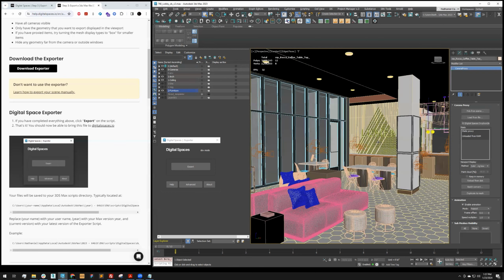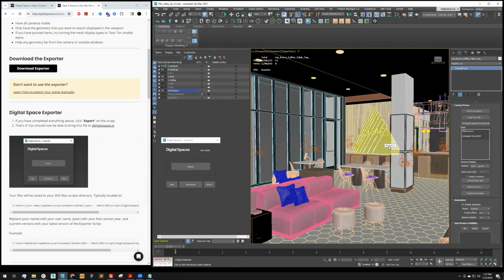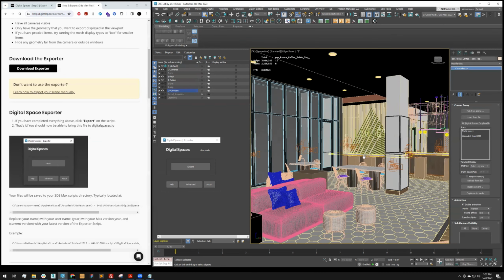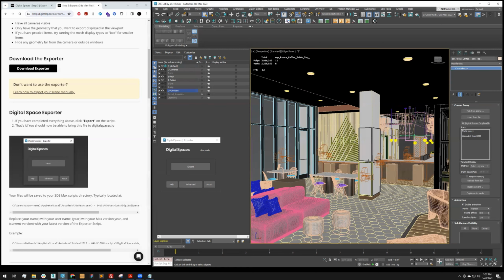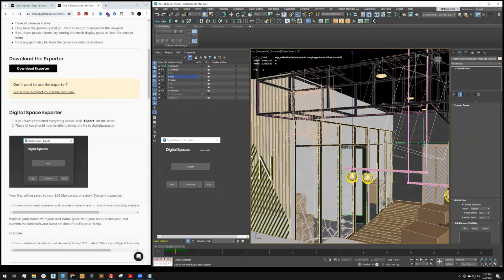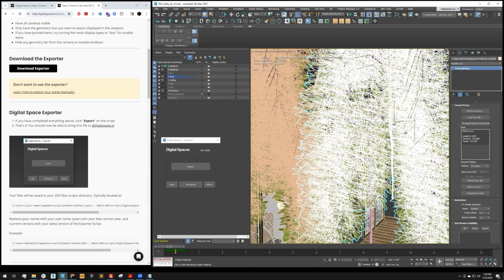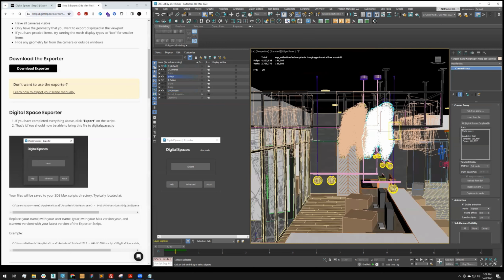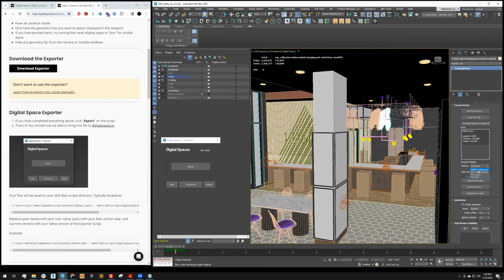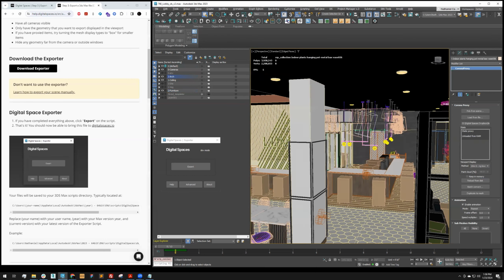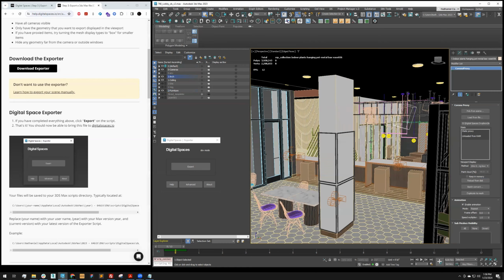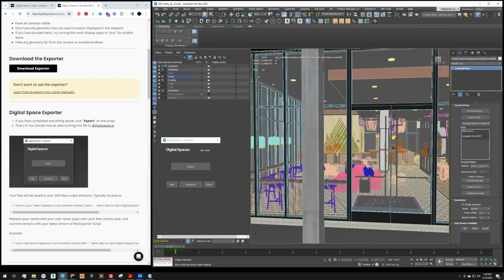And then keep that in mind also as you're building your project. If you know from the beginning that this will be a digital space, keep some of those things in mind. Like even up here, all of these are hanging plants. But look at these meshes. That's insane. And we're never going to walk by it. So it's like, box it. That's fine. The user will never notice in the experience that that's a box. Okay, but nonetheless,